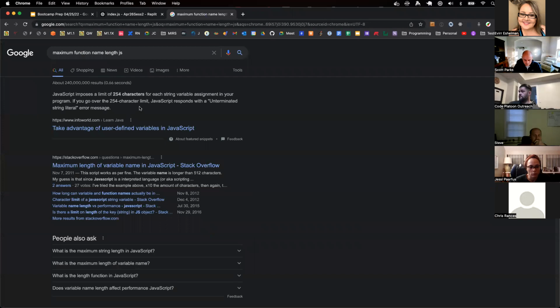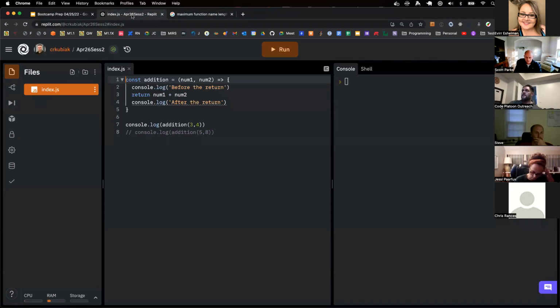254 characters. That's quite a bit. That's almost a double tweet for a function name. And you will see long function names, but I don't think I've ever seen one that's run up against the limit, because what happens is